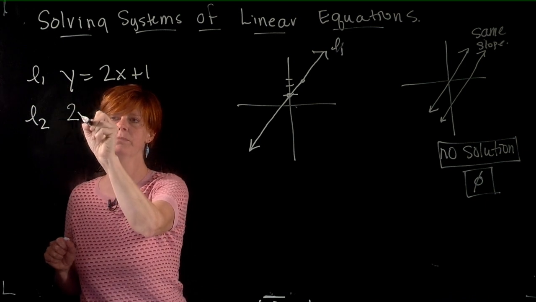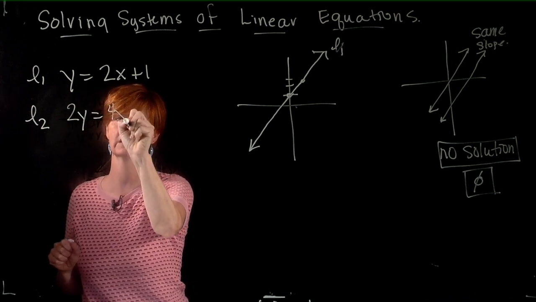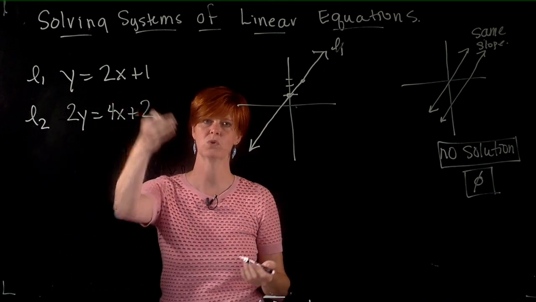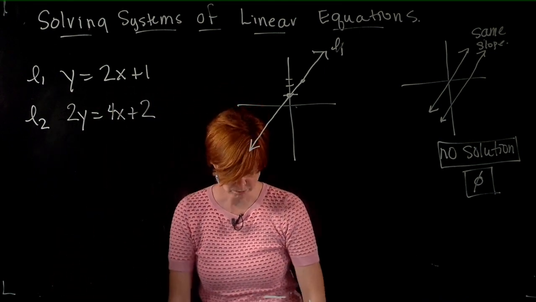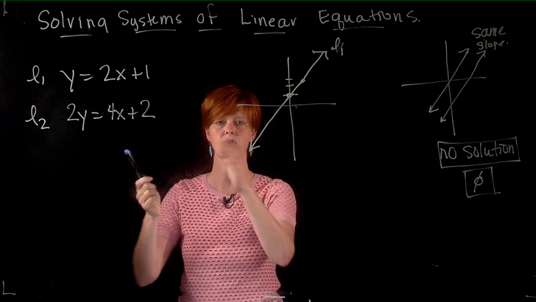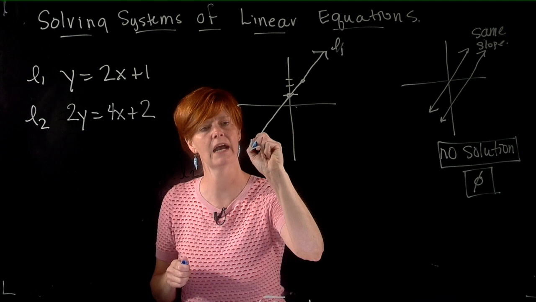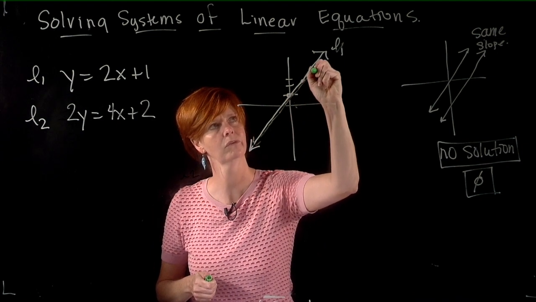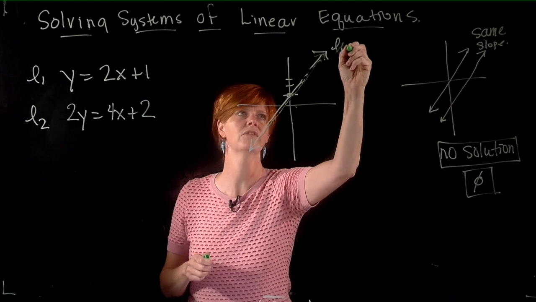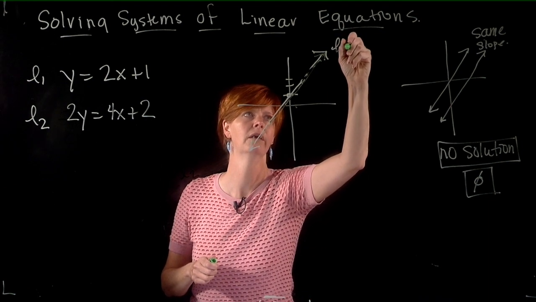I'm just going to multiply it by 2 so you can see it's the same line, right? You would divide both sides by 2 and you'd be back up there. But algebraically, they do something and you don't immediately notice it. So you go to graph it and then you find out this. Okay, not great. But what you find out is that L1